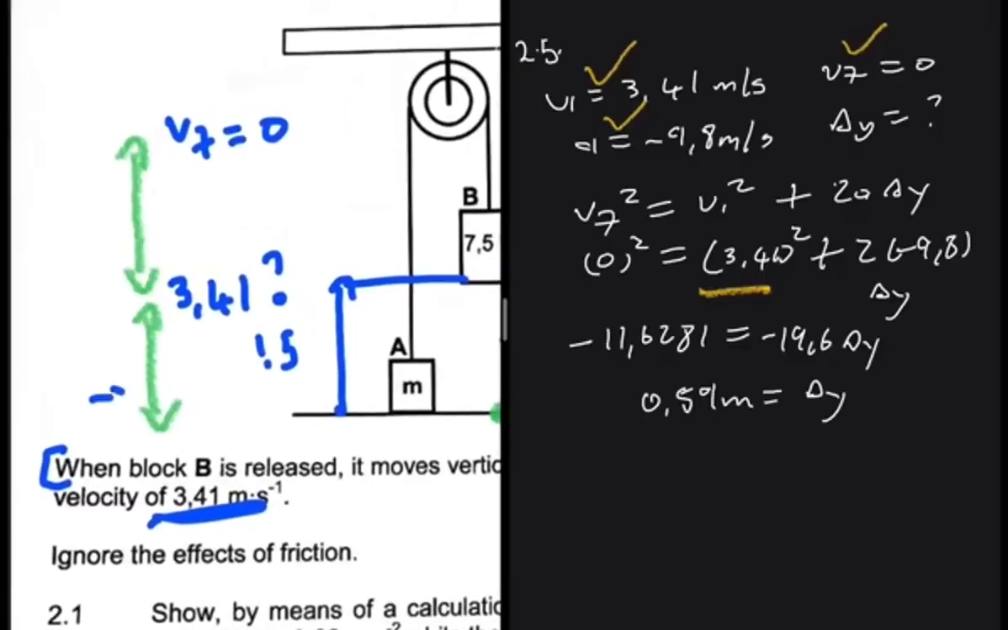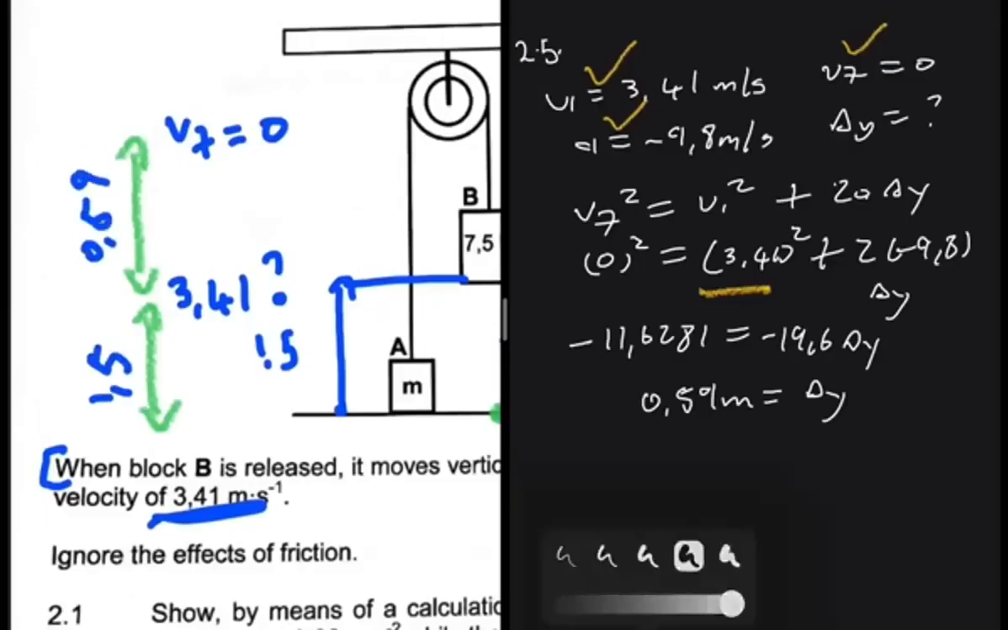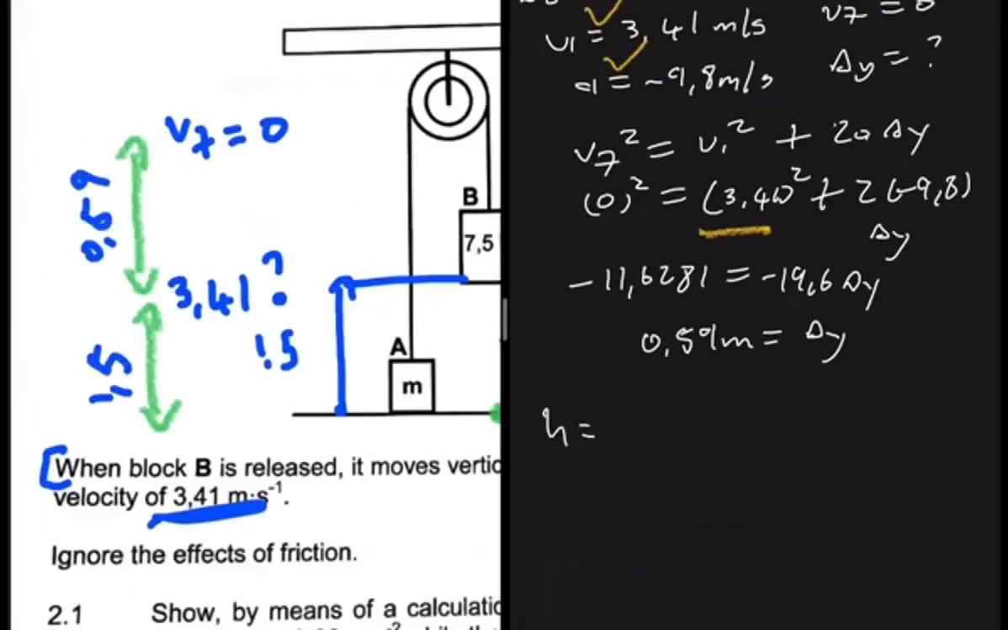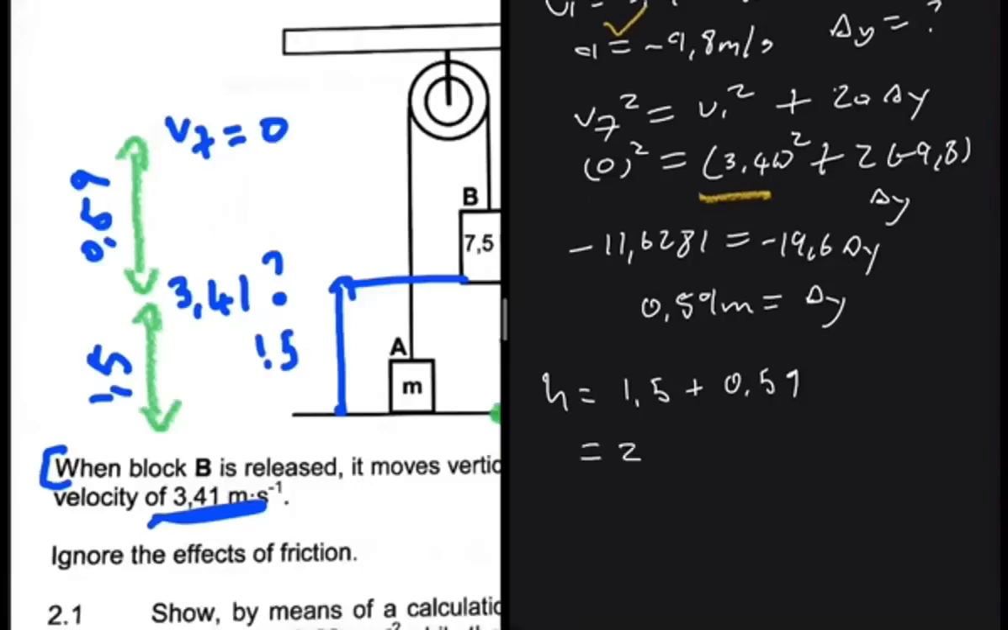So here we have 1.5, and then here we have 0.59. So our height above ground is 1.5 plus 0.59. Right, that will be our height. That is equal to 2.09 meters. Free fall is the motion of an object where the only force acting is gravity. Right, so that is 3.1. Let's go ahead and do